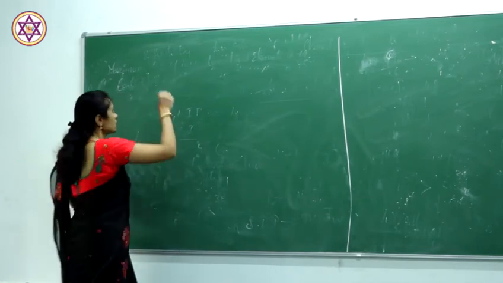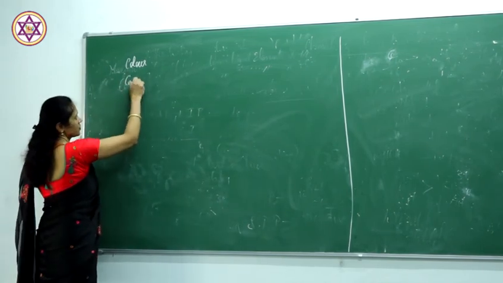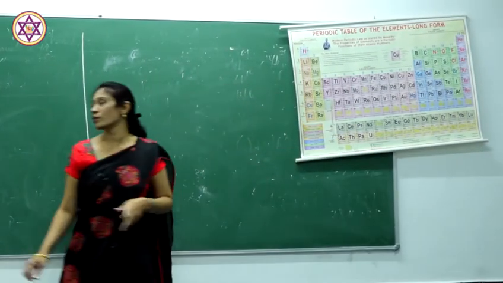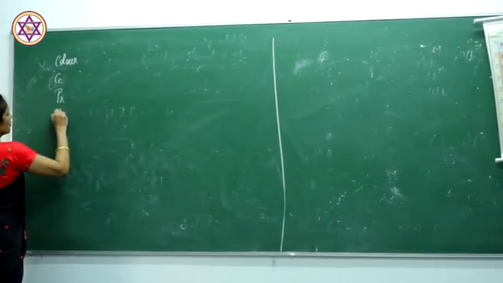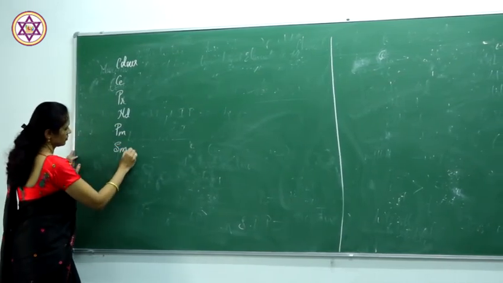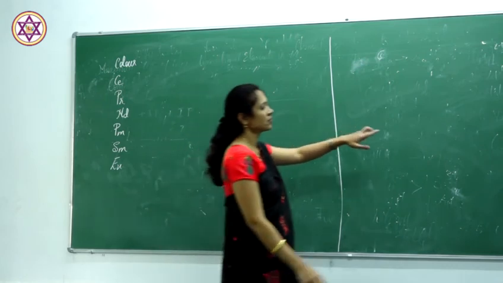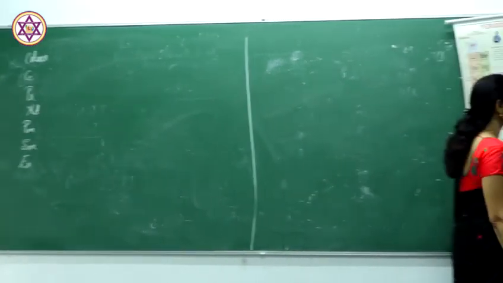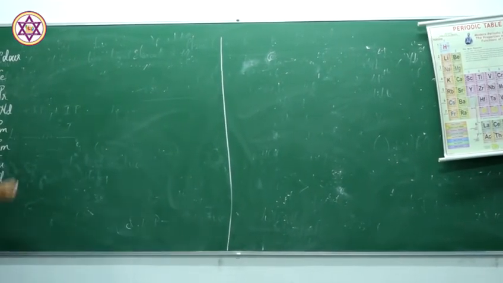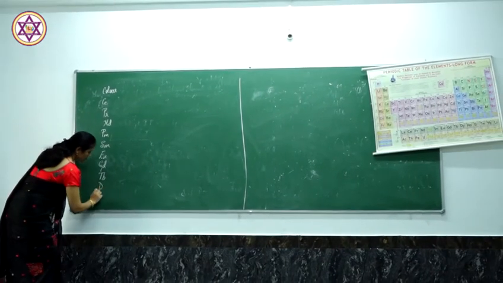Coming to the color of the transitional elements. You all know the elements are cerium, praseodymium, neodymium, promethium, samarium, europium, gadolinium, then comes terbium, dysprosium,